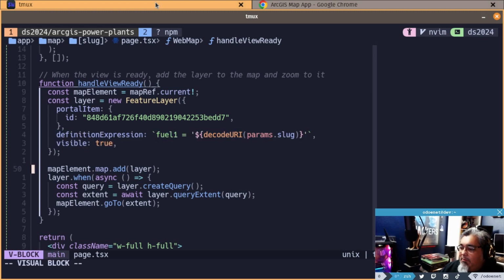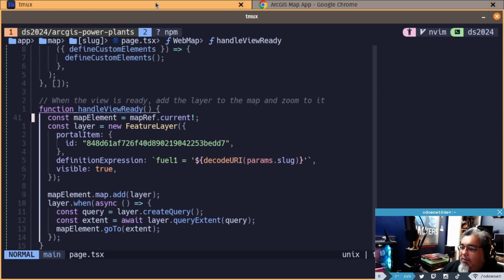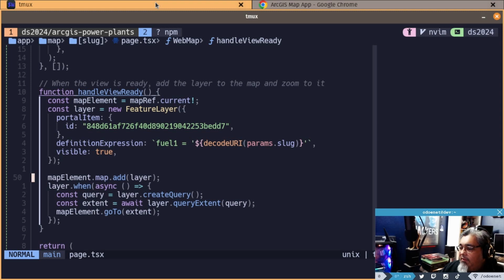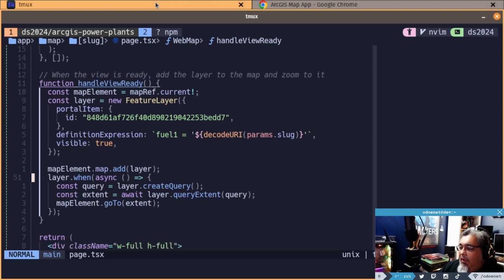Notice I'm grabbing the map element, which I've made equal to the mapRef.current. So at this point, I have the ref. I just want the current value from the ref, so I'm doing that. And now I can access the map on there and add the layer. And then when the layer is done doing what the layer has to do, so the layer loads and I've got all the information here,